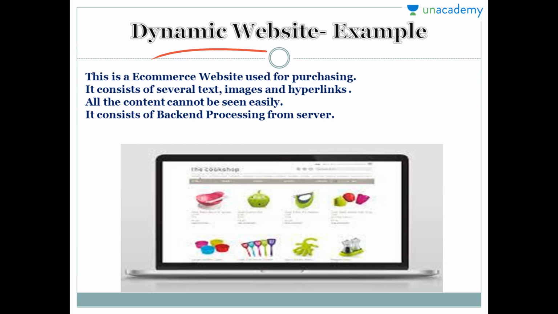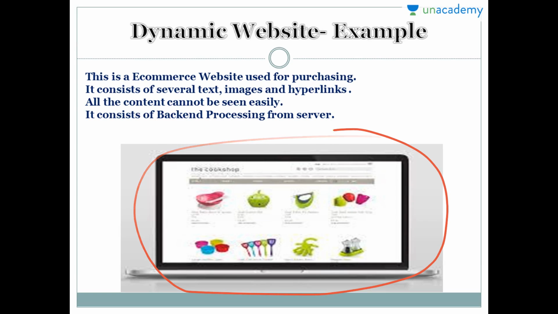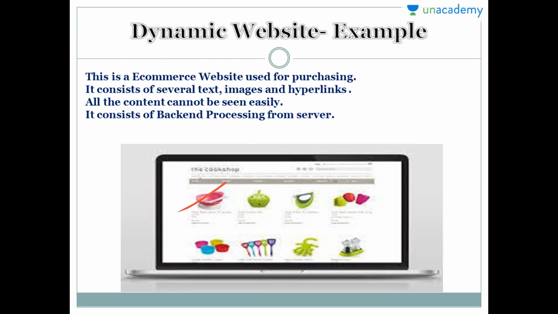So this is a live example of a dynamic website. As you can see, it is an e-commerce website. E-commerce means the website consists of products to buy. So you can see a small product which consists of images and text or a description about it. When you hit enter to purchase any product from this website, a request will go to the server and you will get the payment method. So this whole thing is the backend process that is required in a dynamic website. This website is not only for reading, but several processes are done at the backend level.